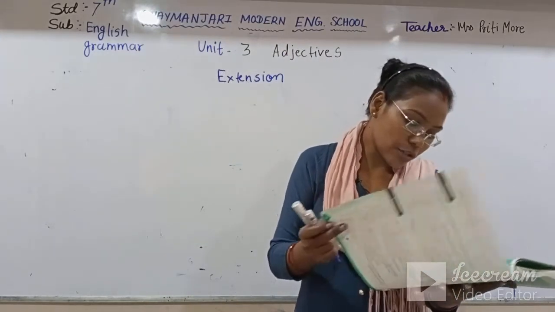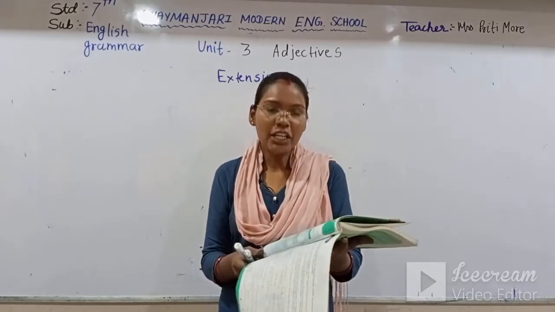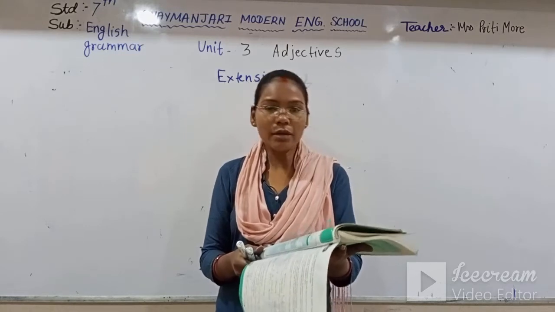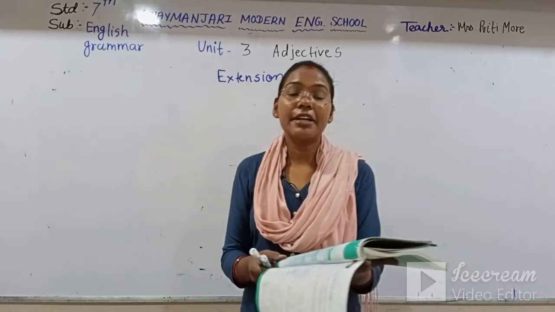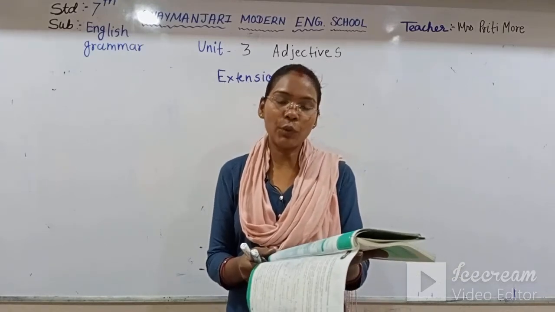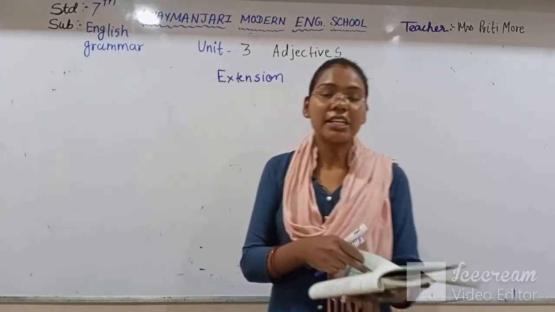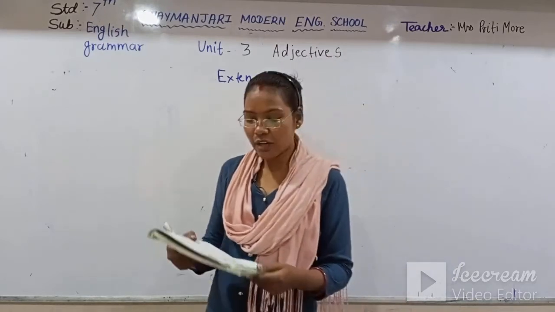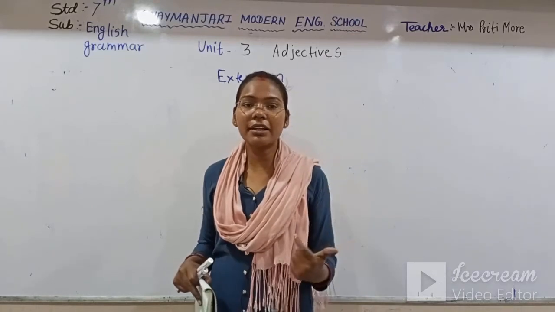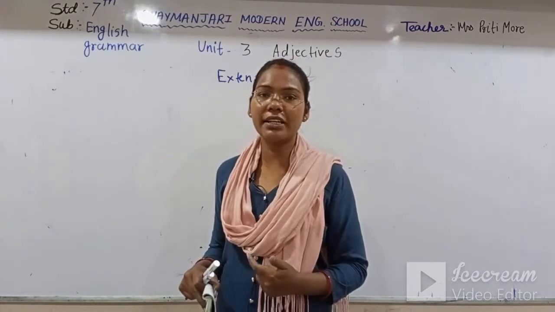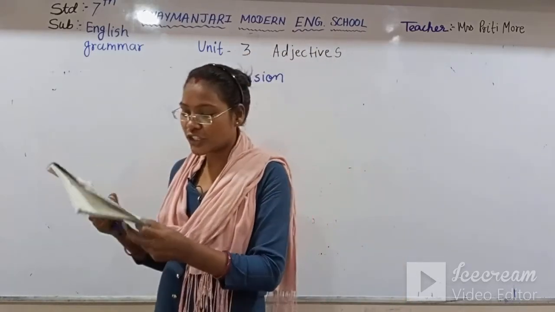In oral we have also learned about confusing pairs like little, a little, few, a few, some or any, much, many, interesting, interested, bored, boring, shocked, shocking, annoyed, annoying. We have seen these confusing pairs. Now with the help of these pairs, and by understanding the meaning of the sentence, we have to complete the extension exercise.